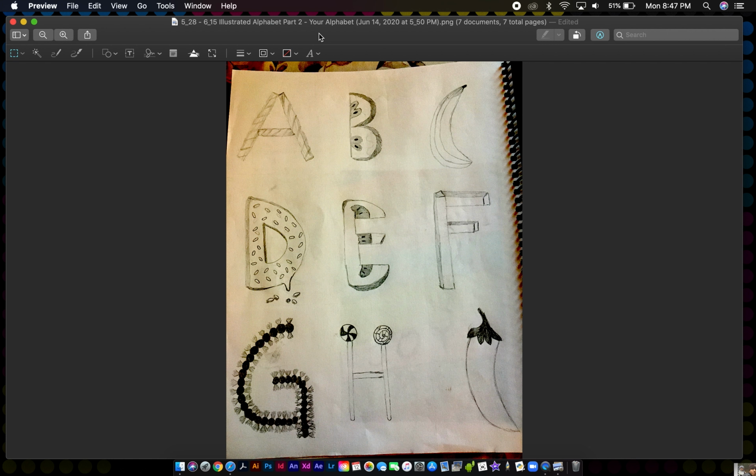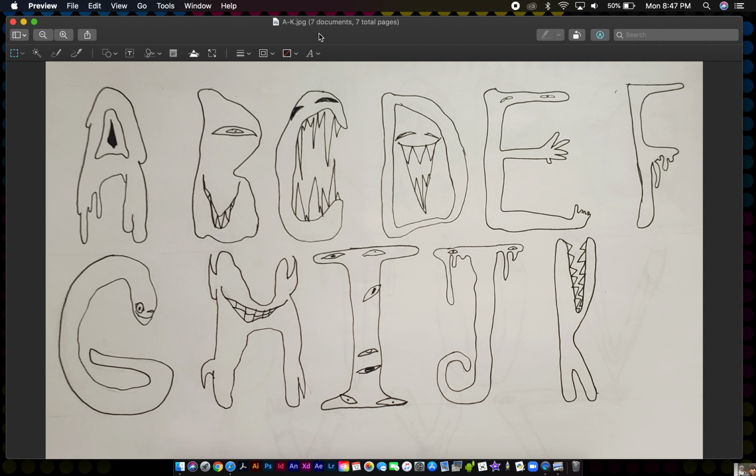Think about something easy for you to draw, something that you would be able to accomplish, okay? So that's step 1: come up with your theme. Once you've got your theme, step 2 is going to be that you're going to come up with